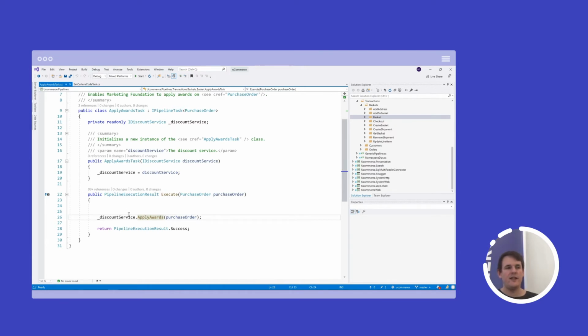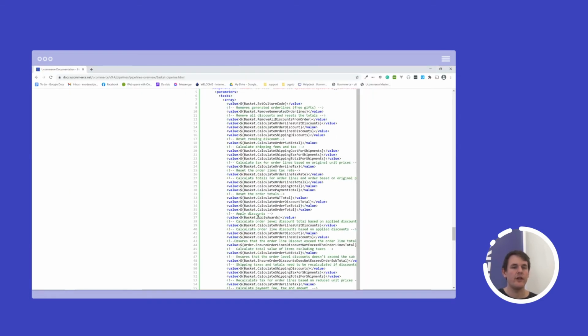That's a very good example of using single responsibility, where we inject the business logic, and that's what we do with dependency injection. I depend on this interface, so I inject it into my constructor. That means we can change which implementation is actually being sent in case we need that. So that's the apply awards task, and that's what's going on here.